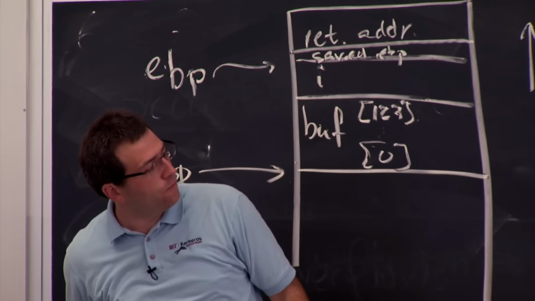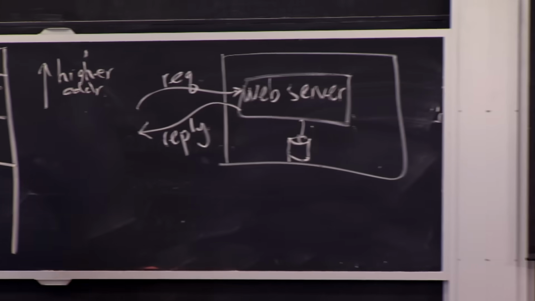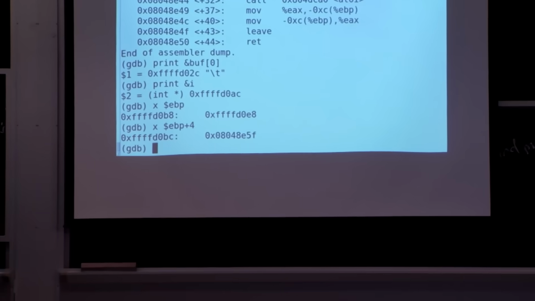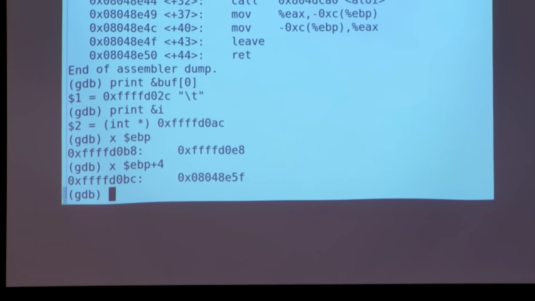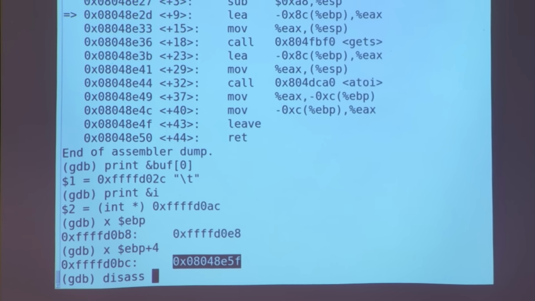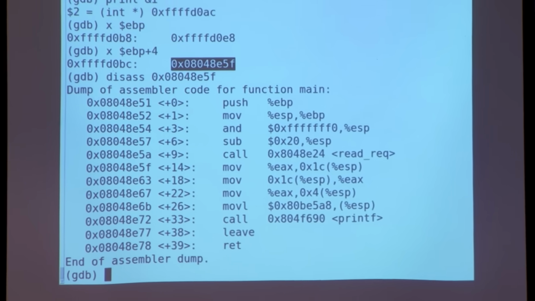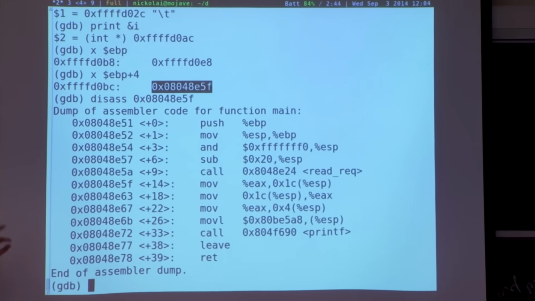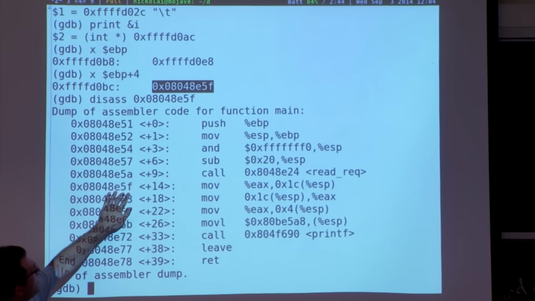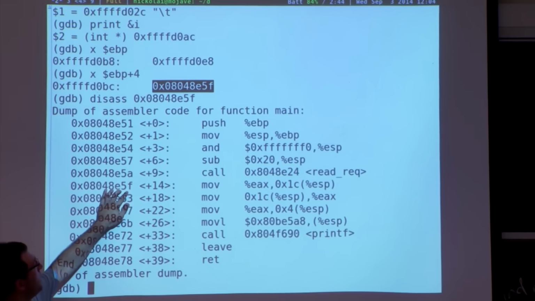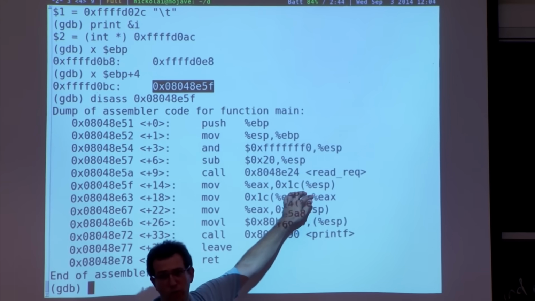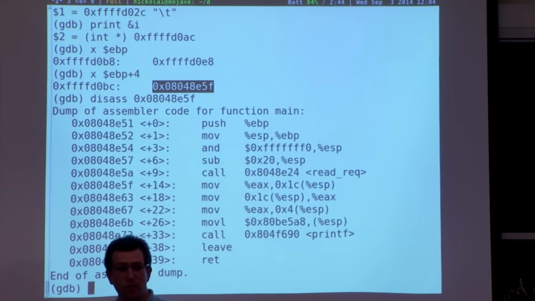So if we print EBP plus 4, there's something else there, 0x0804-8E5F. And let's actually see where that's pointing. This is something you're going to do a lot in the lab. So you can take this address, and you can try to disassemble it. So what is this guy? Where did we end up? GDB actually helpfully figures out which function contains that address. So 5F, this is the guy that our return address is pointing to. And as you can see, this is the instruction right after the call to readrec. So when we return from readrec, this is exactly where we're going to jump and continue execution.